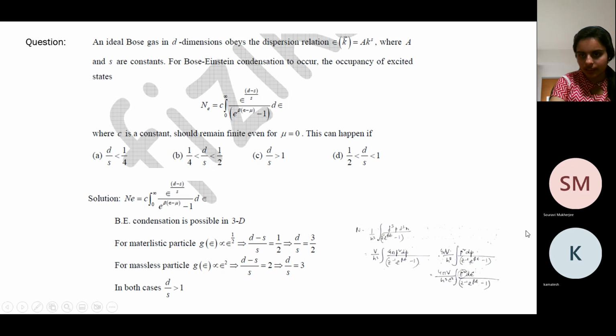So this was roughly what I was telling. If you consider 4 pi p square dp, you can do a substitution and then you would get epsilon square and there you will have c cube in the denominator, right? This is what you were saying. It's correct. So you should get used to how things change depending on your dispersion relation. This is a very general case: for massive particles, your s is 2, and for massless particles, your s is 1, because k here is momentum. These are the different cases that can be possible.